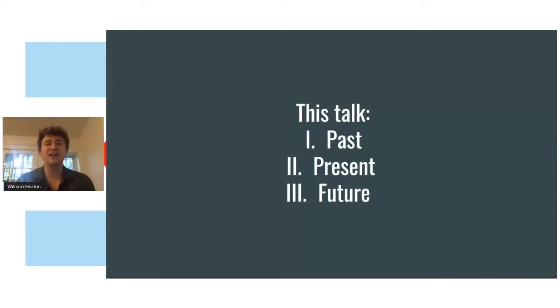So understanding what were the projects that preceded it, and what are some of the ideas that were kind of in the air when this project came to be, and where did it come from. I'll spend some time going over the present state and some projects that I think are pretty cool. And then I'll spend a little bit of time at the end speculating on what the future might be, and